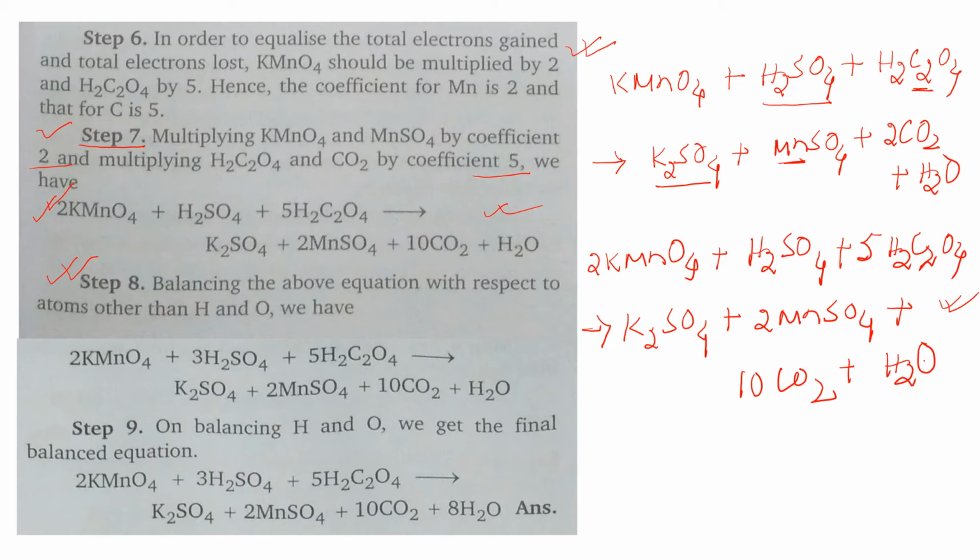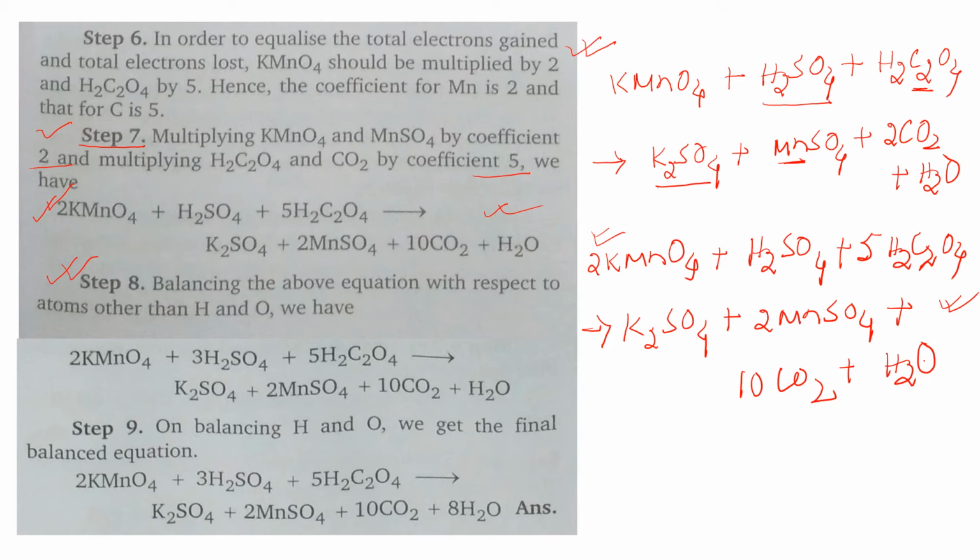Okay. Now come here. This is the equation. Here it is 2K and this is also K2, so it is balanced. Here it is 2Mn and the right hand side also 2Mn, so it is balanced. I will not look at oxygen and hydrogen. See for sulfur. Sulfur here is 1, here is also 1. I will not look at carbon, oxygen and hydrogen yet. See for carbon. Carbon here is 10, 5 twos are 10, and here the carbon is the same.